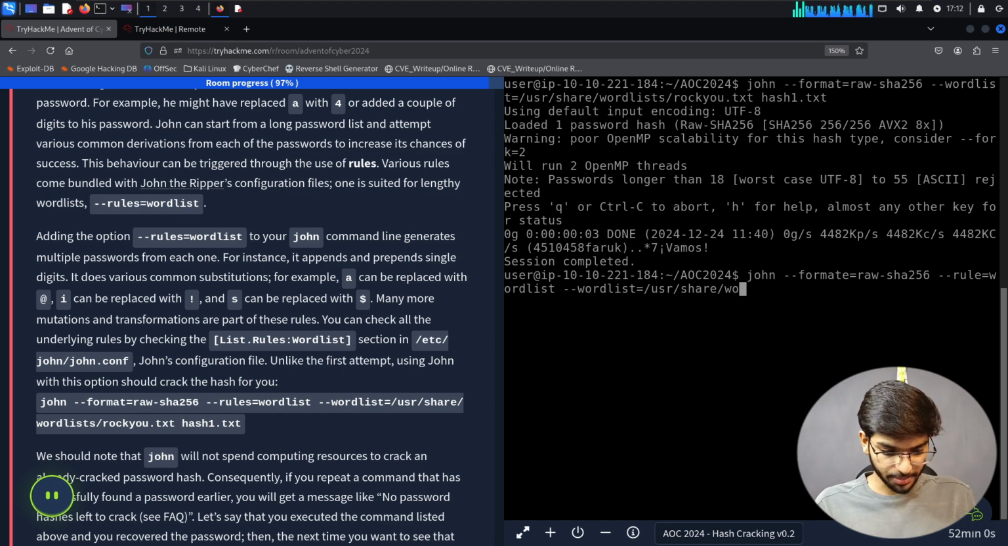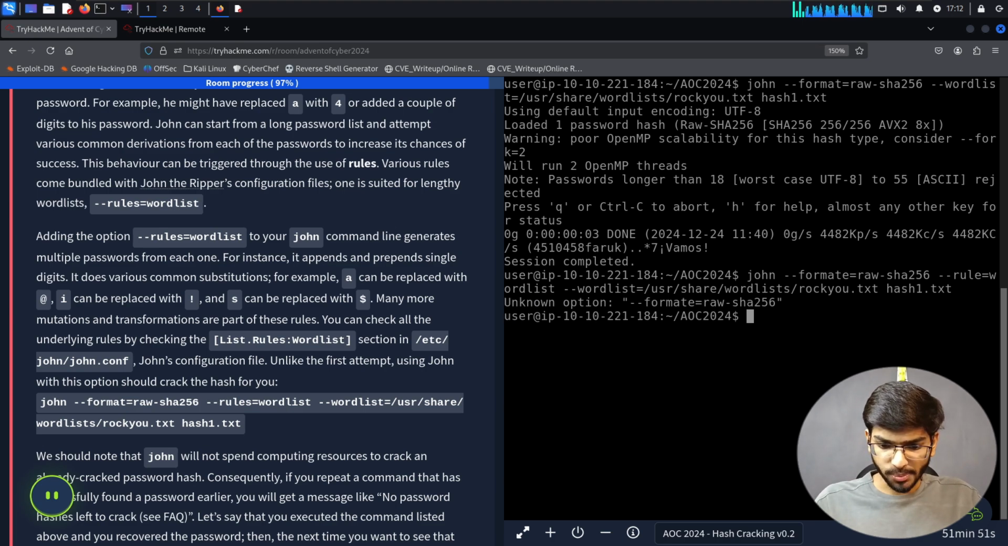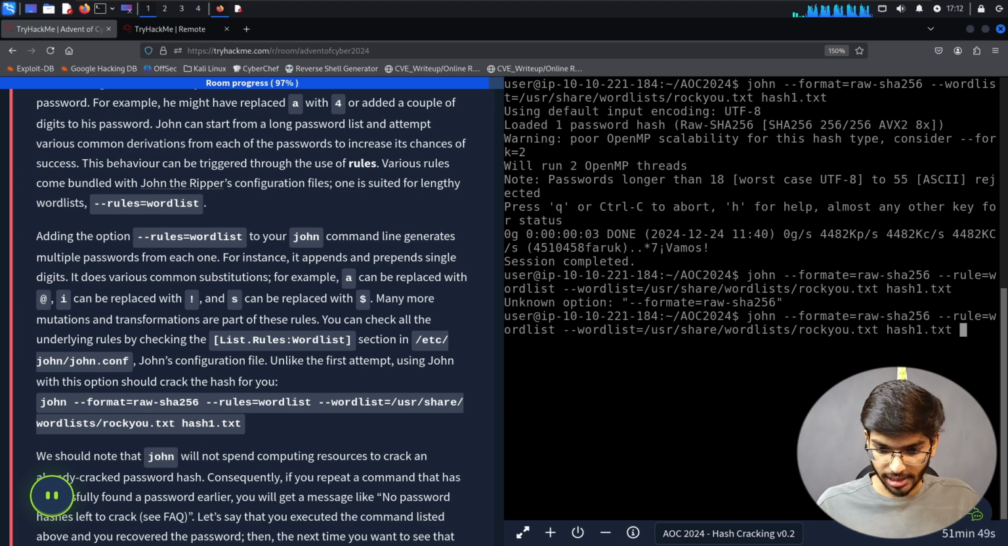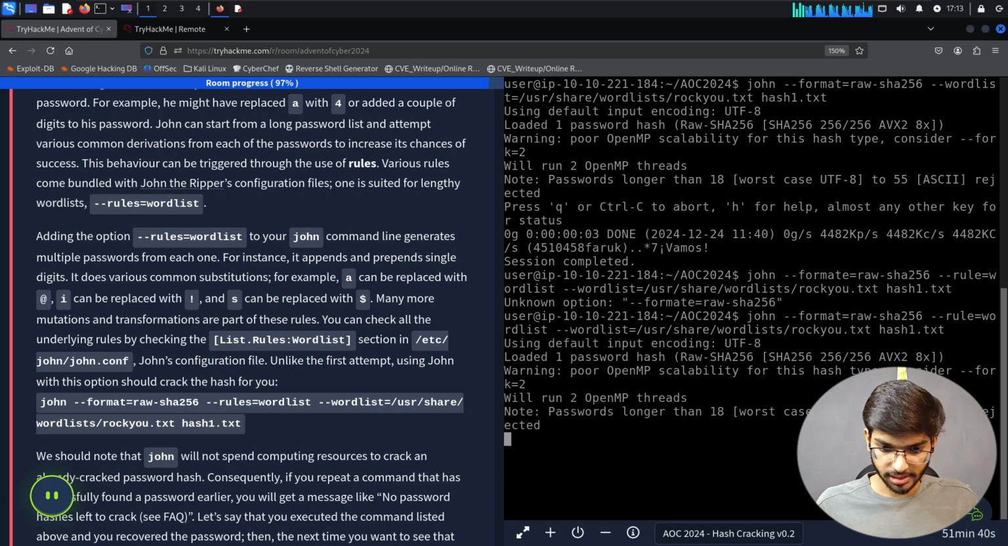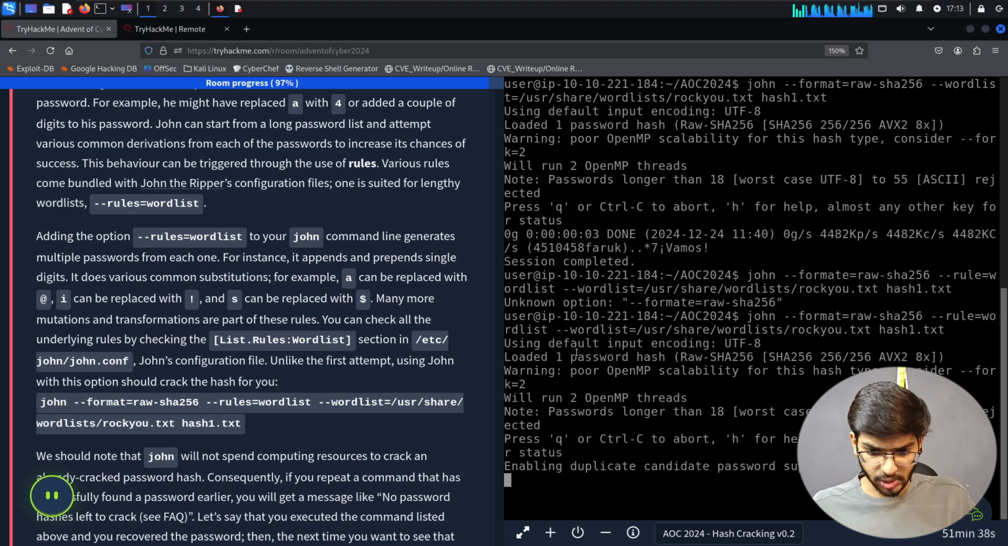If I can spell that right, yes, wordlist, and then rockyou.txt. hash1.txt is unknown option format. Okay, let's change that there. Yes. So it loaded one password hash. Warning: will run with whatever threads. Note the password. Okay, enabling duplicate candidate password